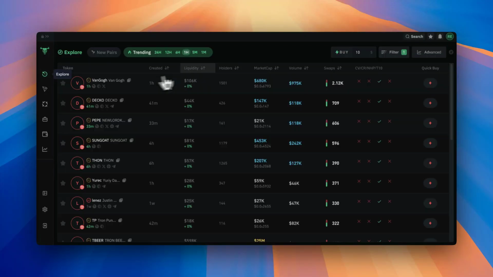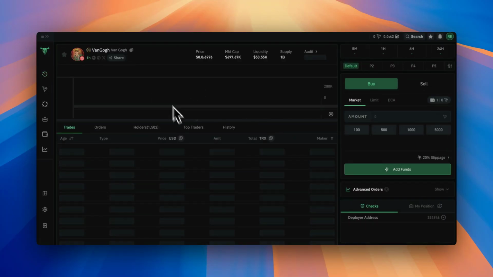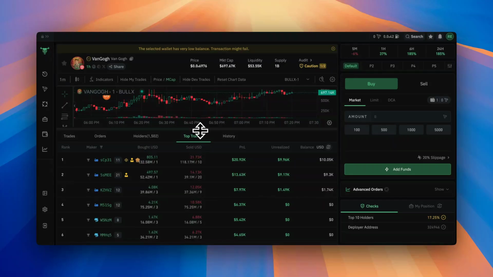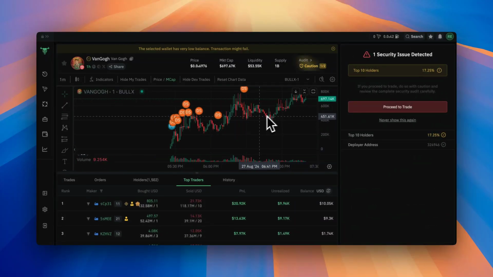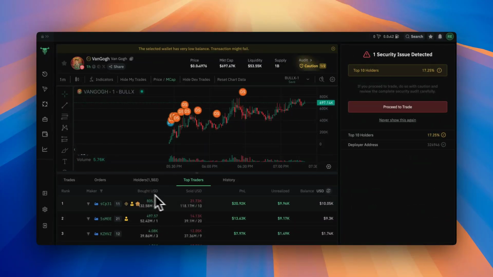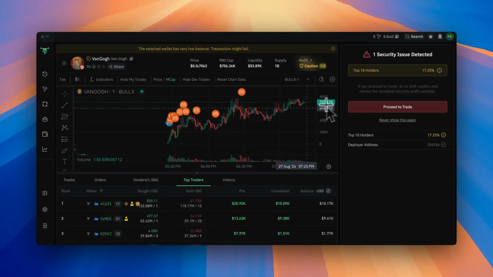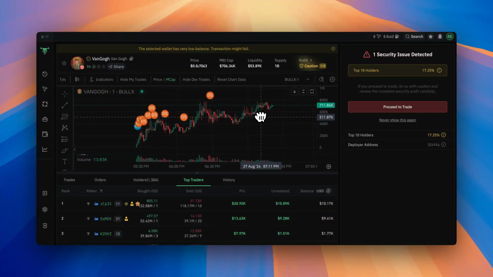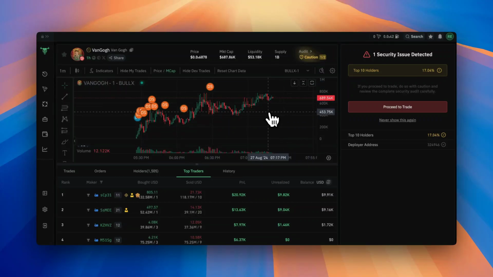Let's look at a better coin. So, for example, Van Gogh, this one's been cooking pretty good. If we look at the top traders, on this one the dev actually farmed the shit out of this. And most people don't know that because they don't have access to these tools. I mean, this dev, he made $20,000. He still has 10K in unrealized to sell, but it's still running. So I'm curious to see what happens once we start onboarding more people to BullX for Tron, and other people have access to this, which is pretty insane.